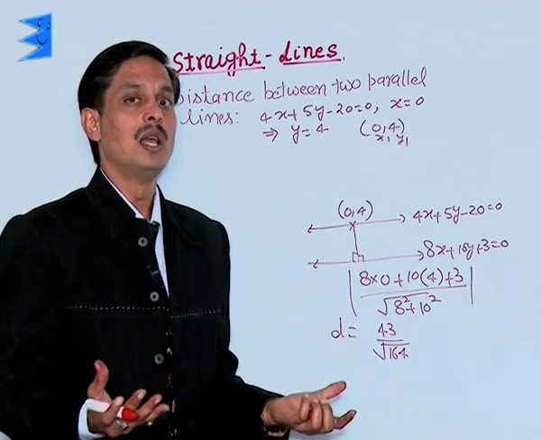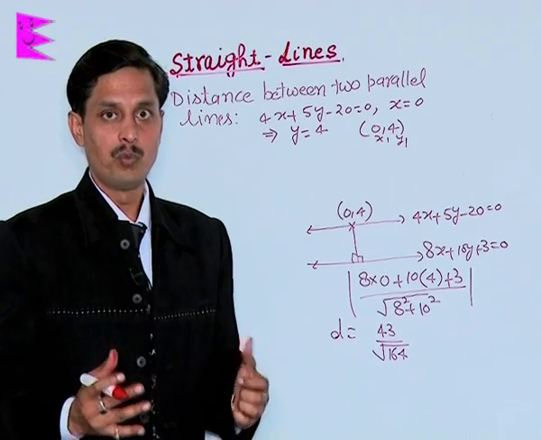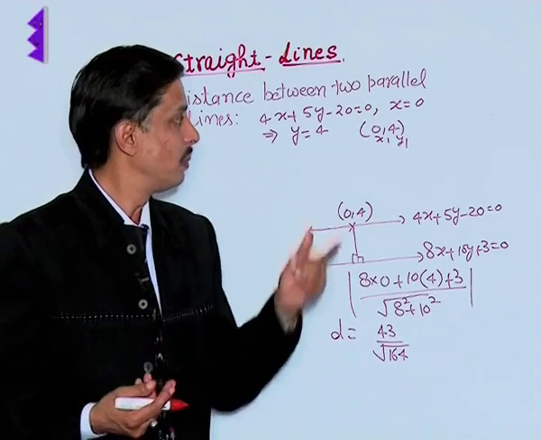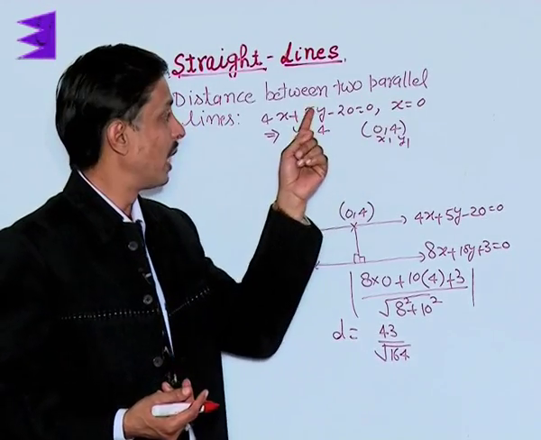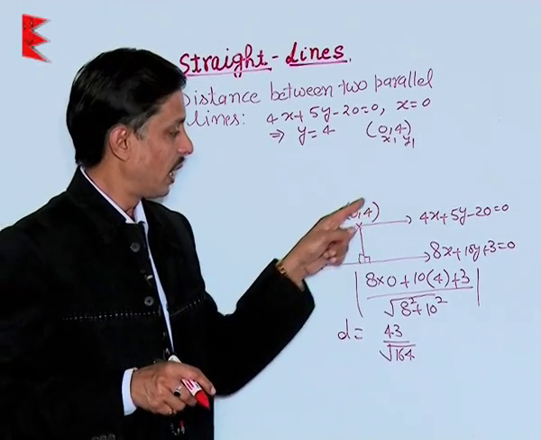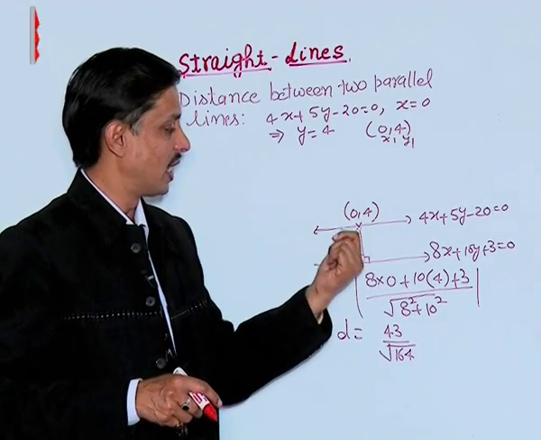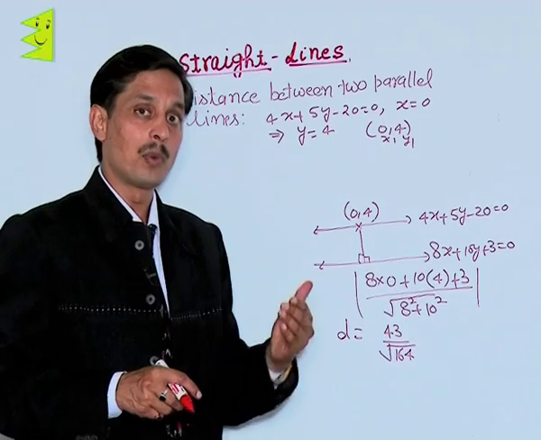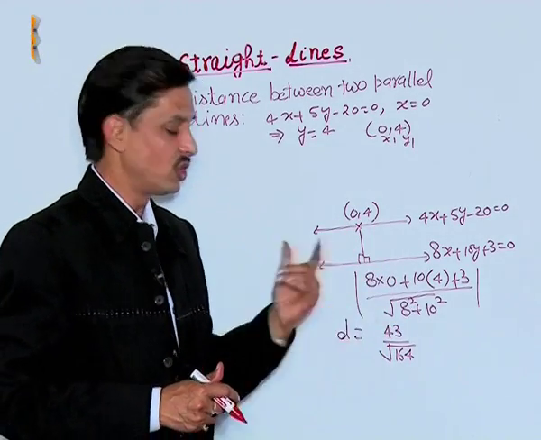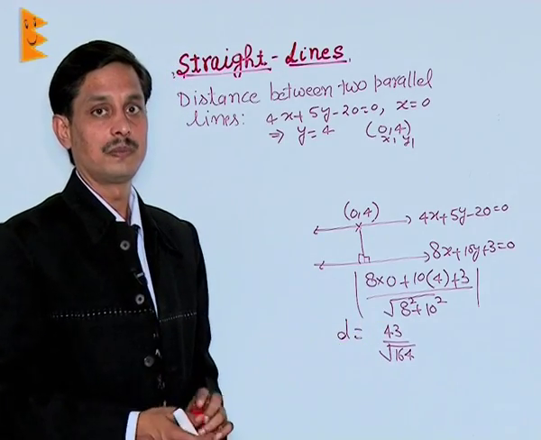That is, the method is very simple. Take any of the lines. When two lines are parallel, one of the values, either x or y, will be considered 0. Then by putting that in, we will get the other value, that is the value of y, and we will consider this coordinate as x1, y1, and then we will find the distance with the same approach of finding the distance of a line from a point, as discussed with you previously.